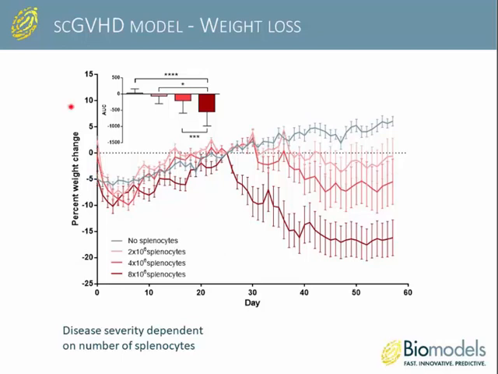So as you can see here, we're first looking at the weight change. Following TBI, we see initial weight loss, but then when disease sets in, between day 21 and 28, we see a rapid decrease in weight, and this is the graft-versus-host disease setting in. And then you can see here a dose-dependent response based on the amount of splenocytes that were added to the